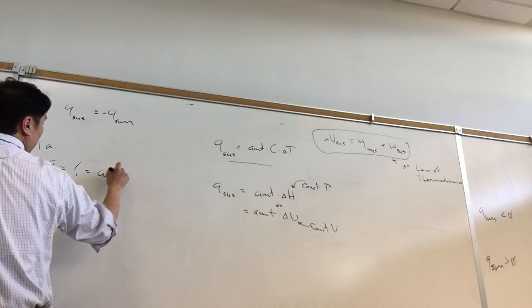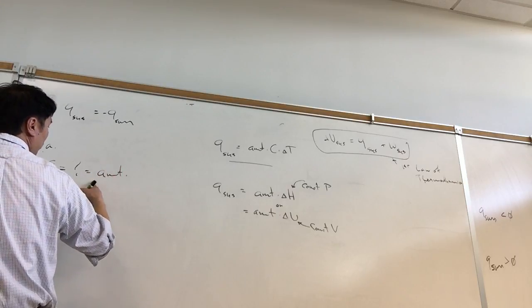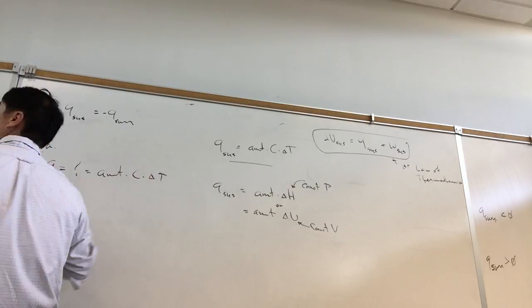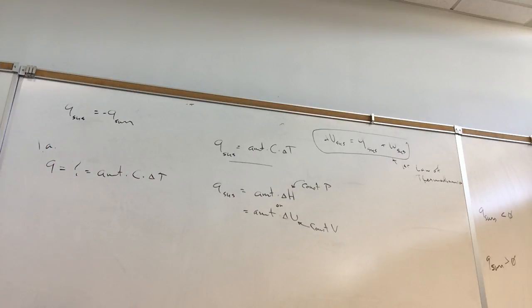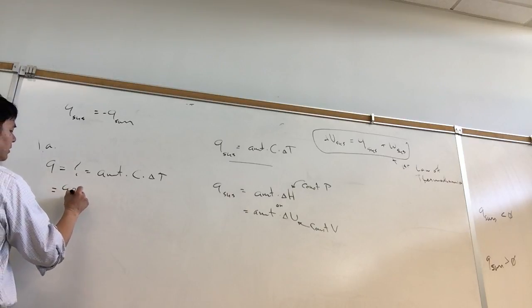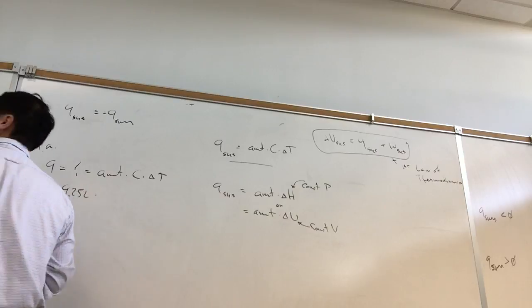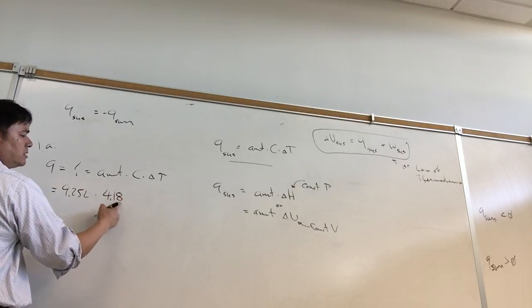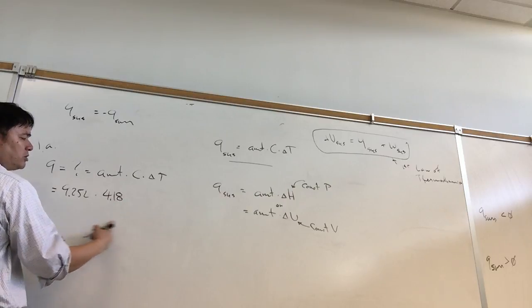In 1A, we want the amount of heat which is required to raise, well, Q, this is an object, it's water. We're heating up some water, so the amount times C times delta T. And so the amount of water we've got to figure out, 9.25 liters. So 9.25 liters, plug in here, times C. C, a lot of people have this memorized for water. To 3 sig figs, it's good over a wide range of temperatures.